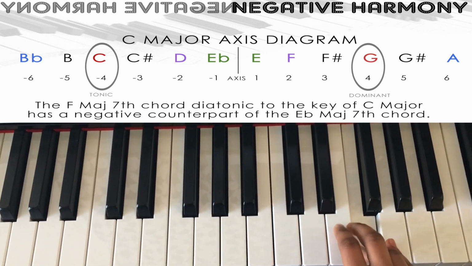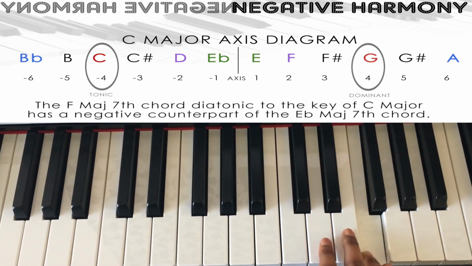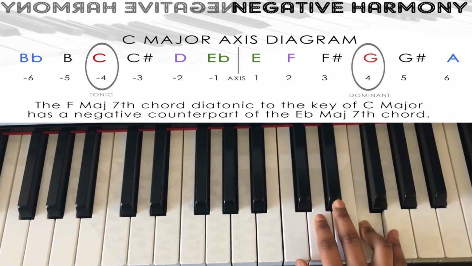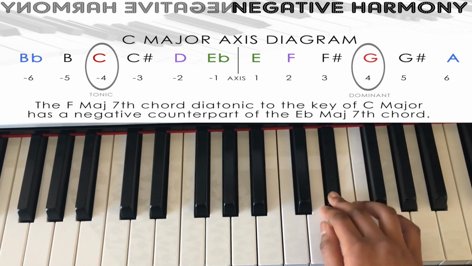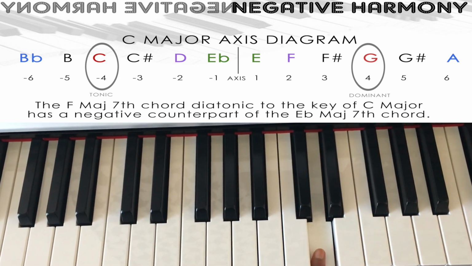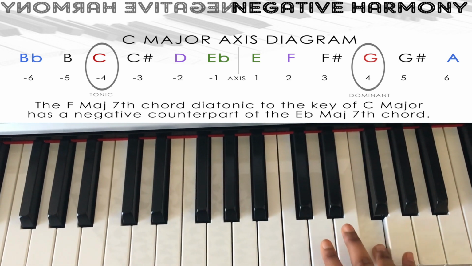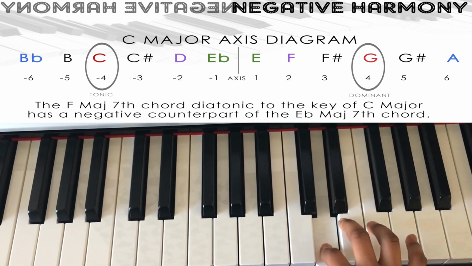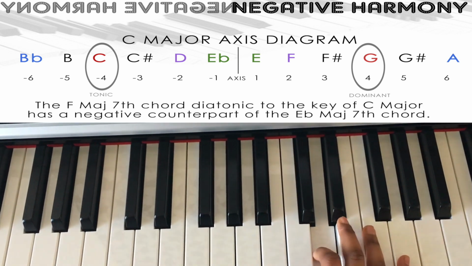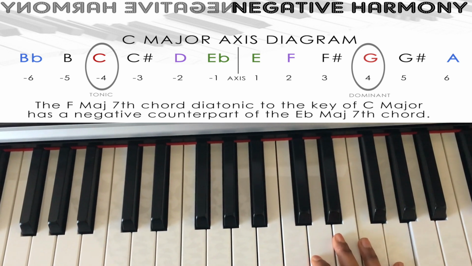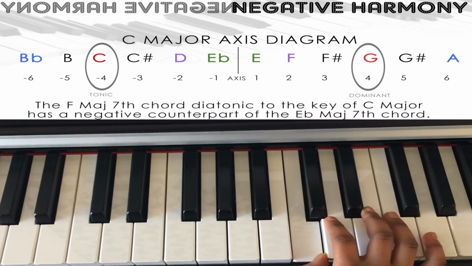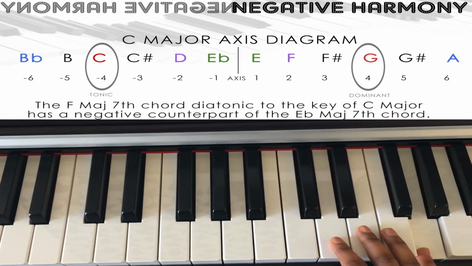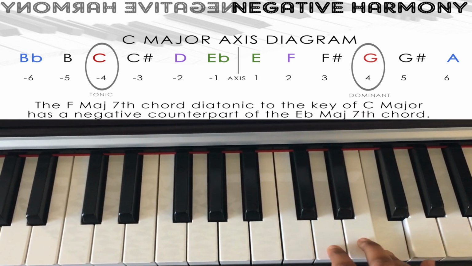You want -2 as your negative value. You start from E flat, which is -1, and then D is -2. So negative F would be equal to positive D. So all of the pairs would be: negative C would be positive G, positive F would be negative D,